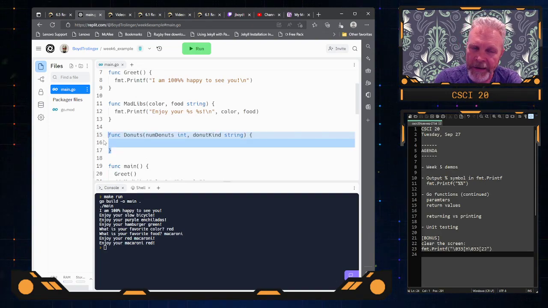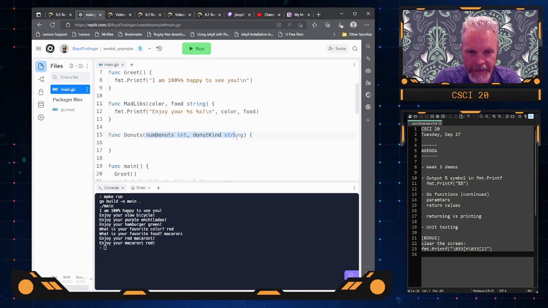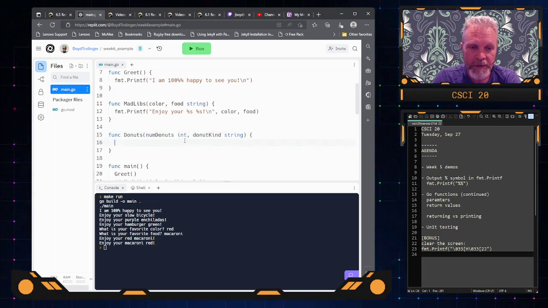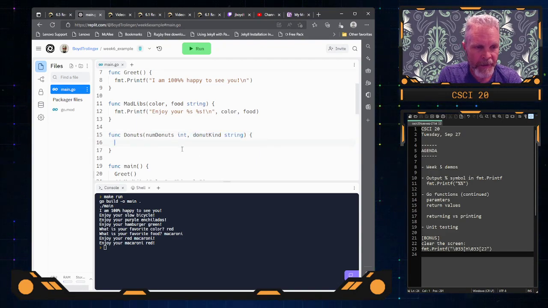So I already know when I invoke this function later, it's going to need two things in its list. It's going to have an integer, and it's going to have a string, and they're going to have to be in that order. So the integer comes first, the string comes second, and if I don't do it in that order, it won't work. And I'll just do something simple like,